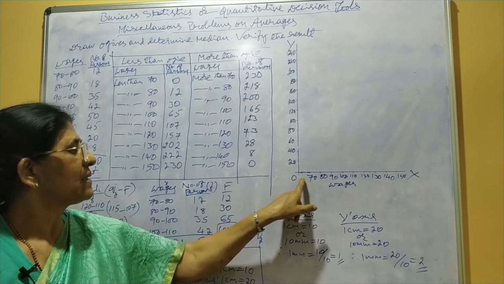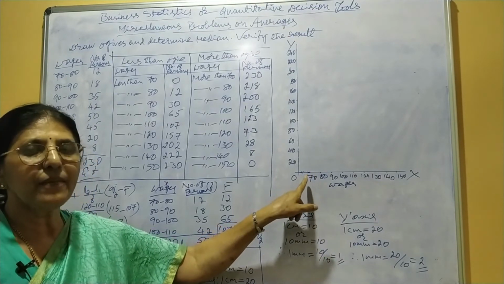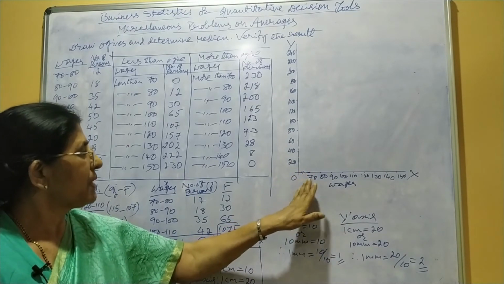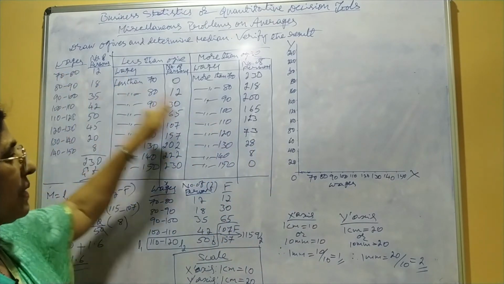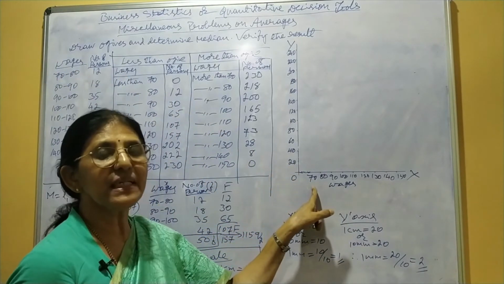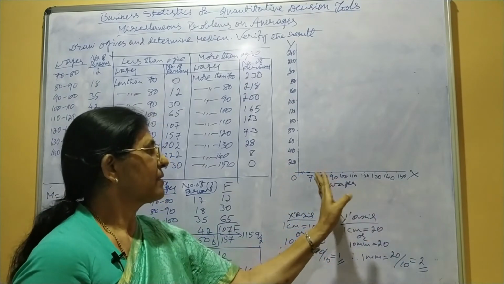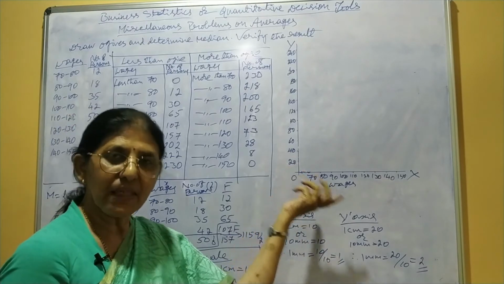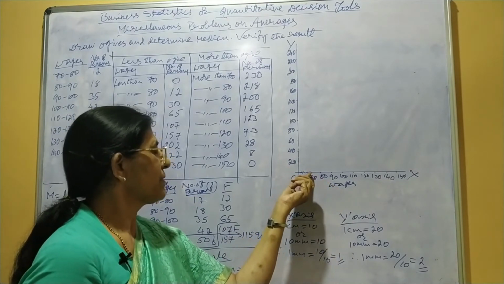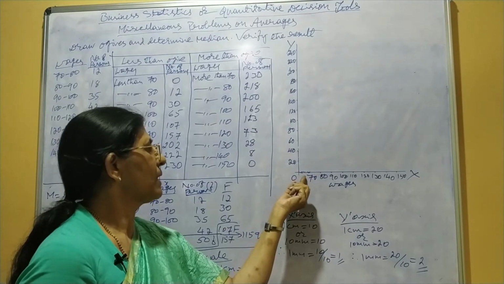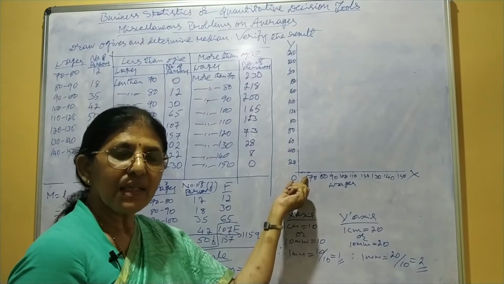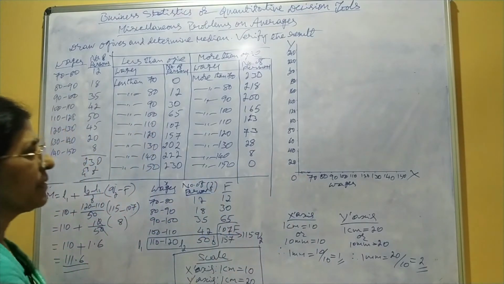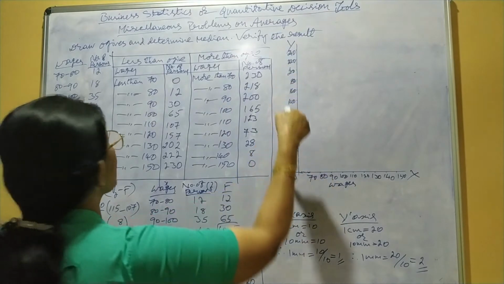Means the scale here from 0 to 70, the scale is not 10, 10, but here, as per the problem, we have to take from 70 itself. Then onwards, the scale is the same. Means here we have to consider it as 10 only. 0 to 7 first centimeter, when we quote like this, then it shows that it is a false baseline. Okay. Now, like this, we have taken here cumulative frequencies.